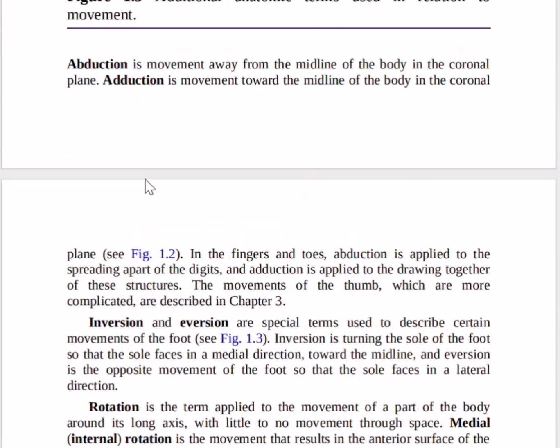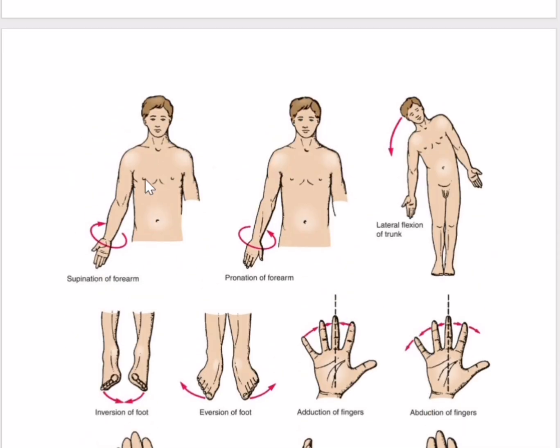Then we have a special movement which is done by your hands. It's done by the joint which is here. We call it the radioulnar joint, the proximal radioulnar joint, in which your forearm moves into a supine position, like you're saying, can I have some soup? Supine. Then prone, you are moving